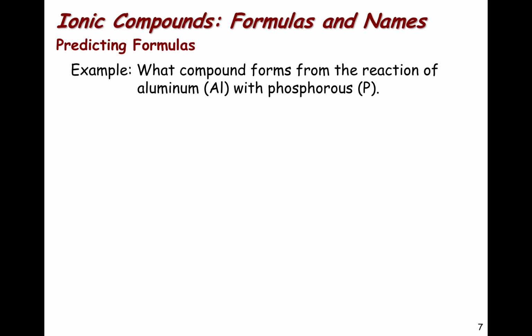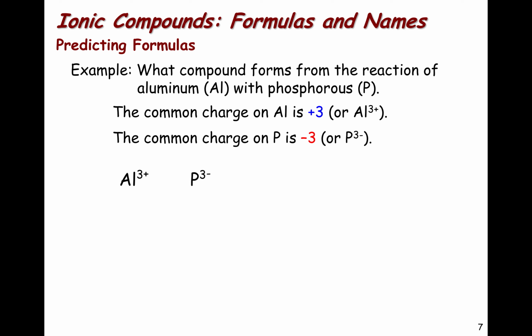As another example of an ionic compound, if we react aluminum metal with phosphorus, we will result in the formation of aluminum phosphide. In the case of aluminum, the common ion is 3+, whereas for phosphorus, the common negative ion is 3-. If we use the crisscross approach, we would come up with a formula which would be